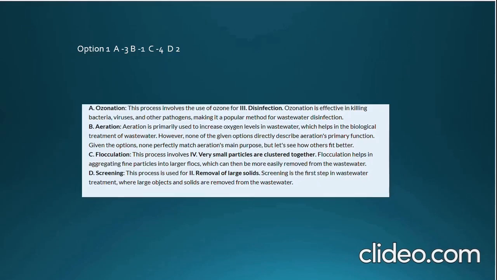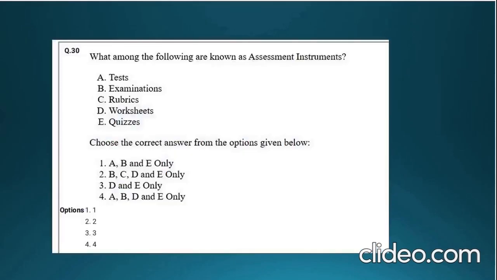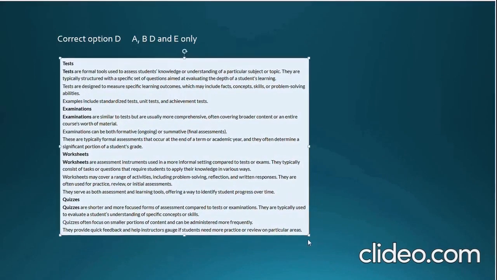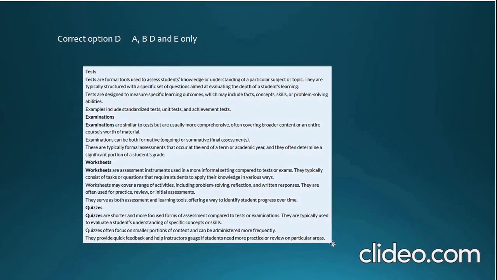Coming to the next question, what among the following are known as assessment instruments? Tests, examinations, rubrics, worksheets, and quizzes. Answer options are given: A, B, E only; B, C, D, and E only; D and E only; A, B, D, and E only. Options 1, 2, 3, and 4. So the correct answer is option D, that is A, B, D, and E only. So in this case,